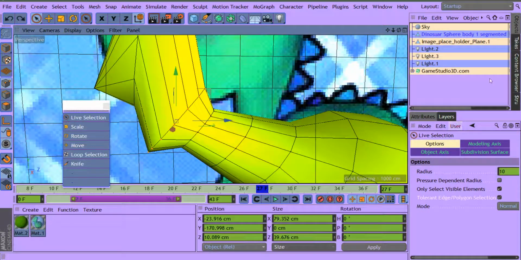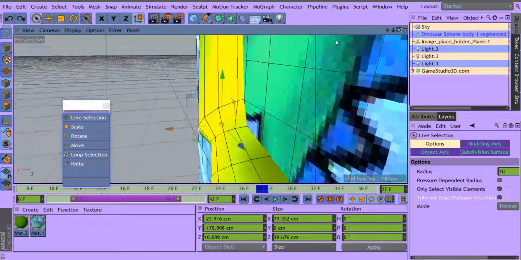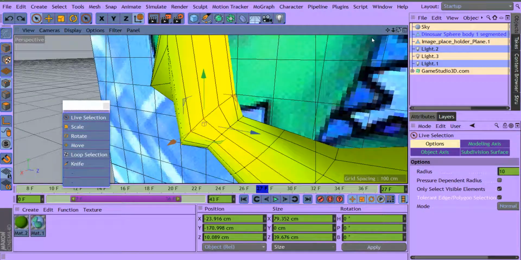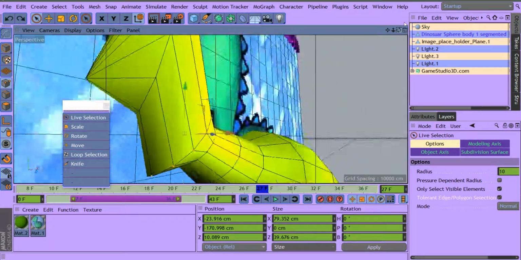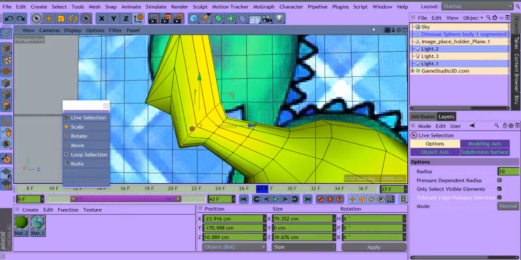Hi. Okay, we're back and we're learning how to model, and we're learning a lot of little things, aren't we? So we're playing around with modeling this head and this neck,